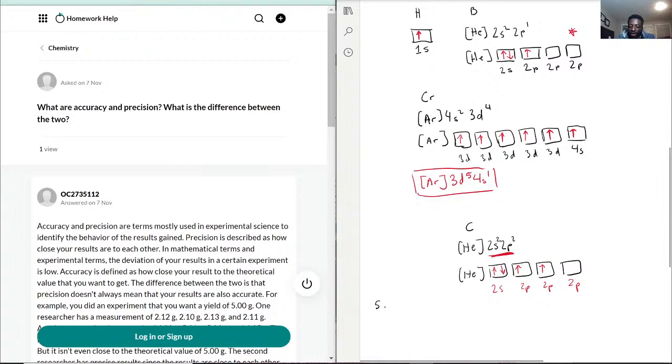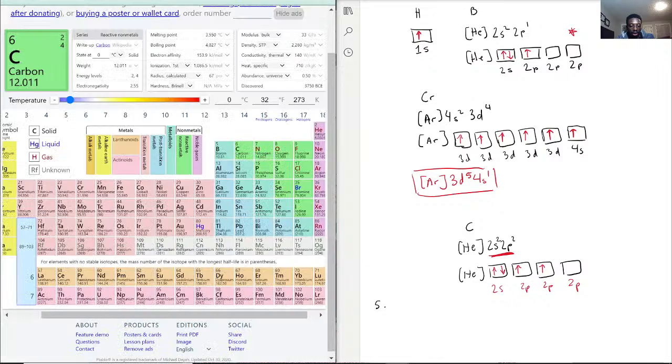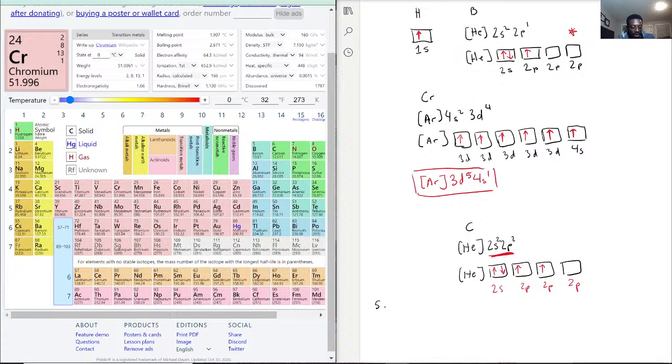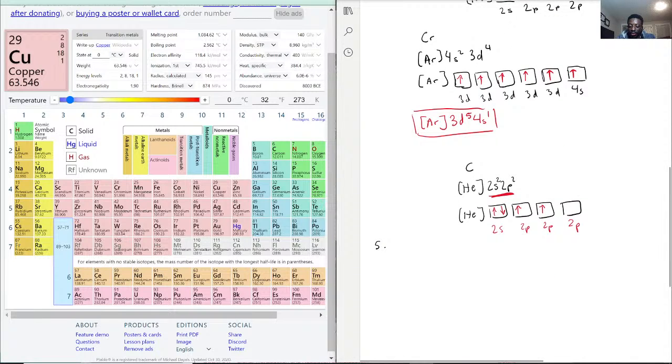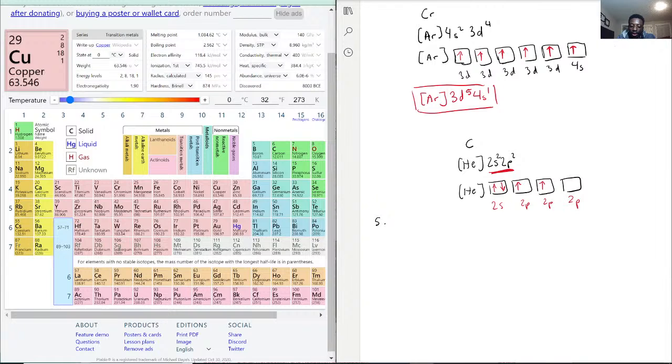So I know I was discussing earlier that I wasn't sure about the priority, but you see the D shell, you notice right away that it's already different from the S and P, as in on that row in the periodic table, all of a sudden, instead of it being the 4, it'll be referring to the 3D shells. So there is quite a bit of an energy level difference between the P and the D shells, but there isn't that significant of an energy difference between the S and the P. Hence why carbon